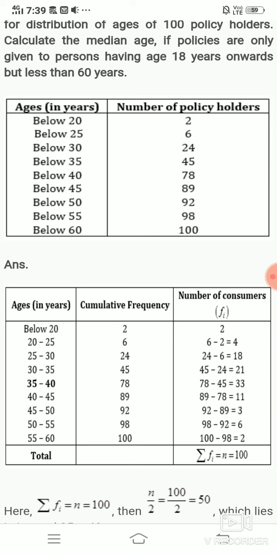So that's why the given frequency is cumulative frequency, so write it as it is. But next one is frequency. In the table given, just subtract from the previous one and you get the frequency. So 2, 6, 24 are given, so first write 2, next 6 minus 2 is 4, next 24 minus 6. Don't subtract 24 minus 4, right? Use the cumulative frequency table. So 6 minus 2, 24 minus 6, next 45 minus 24, 78 minus 45, like that up to 100 minus 98, 2. So this is the frequency.